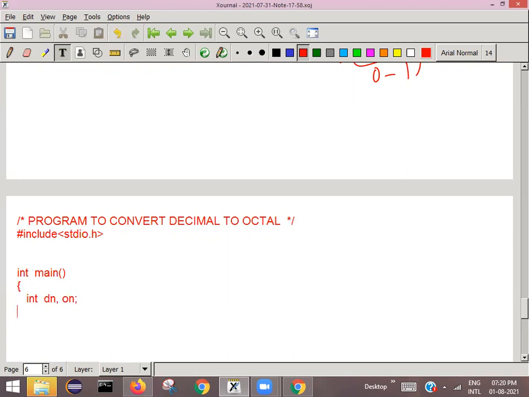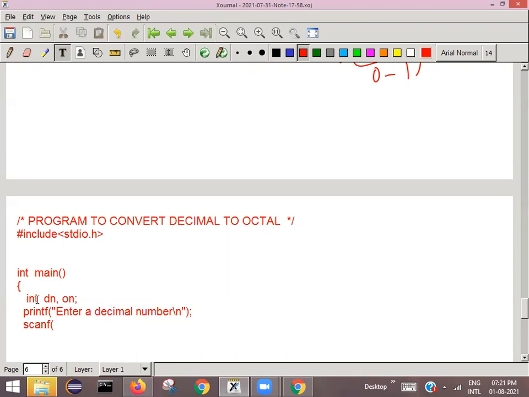Okay, so then you can ask the user to enter a number. Say printf. Write down neatly friends, enter a decimal number. Okay, right. Then read the number, say scanf.